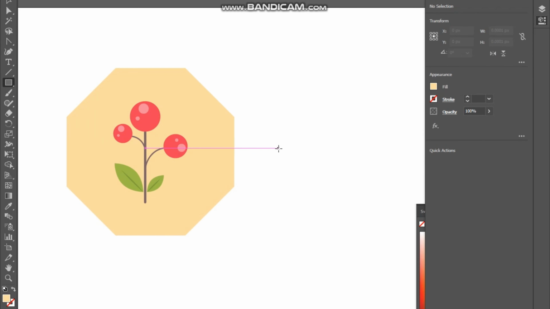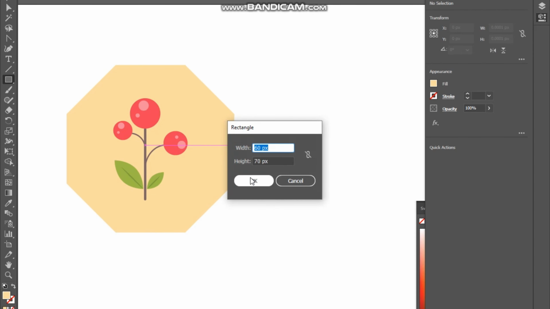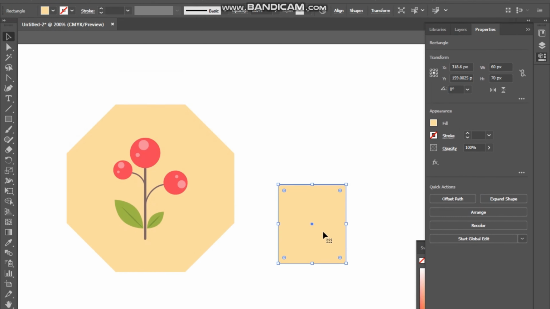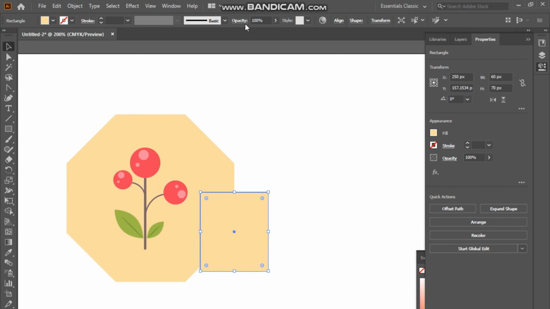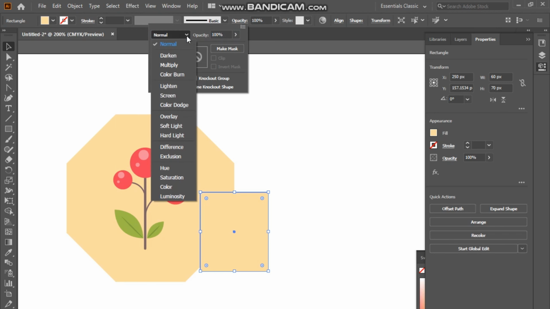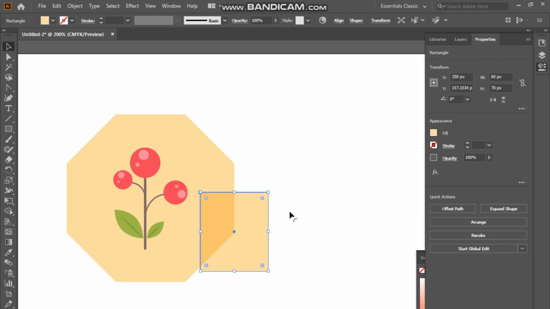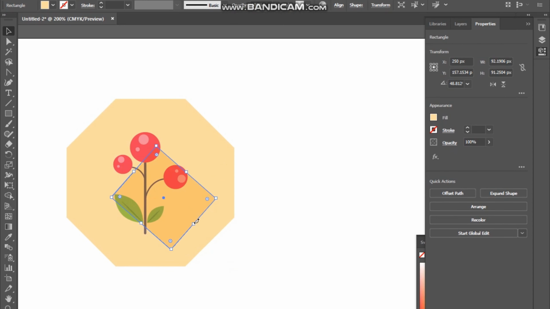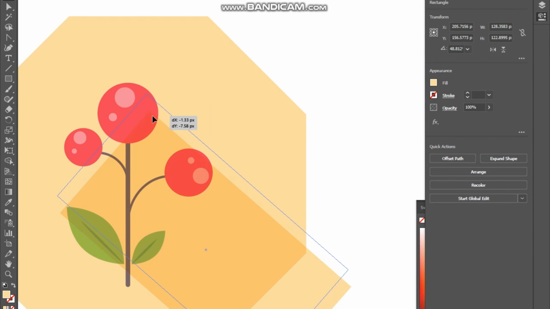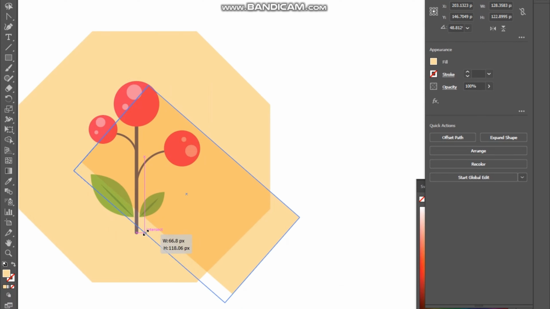Use the Rectangle tool, M, to make a 60x70 pixels rectangle of light beige color. Set its blending mode to multiply in the transparency panel. Hold shift and use the selection tool, V, to rotate the rectangle 45 degrees. Place it between the berries and the icon base, either by pressing Ctrl several times, or by dragging it manually